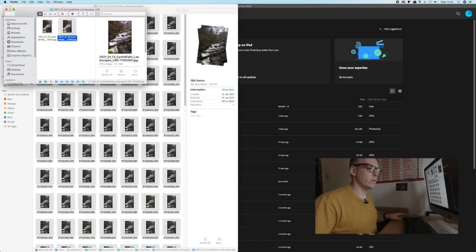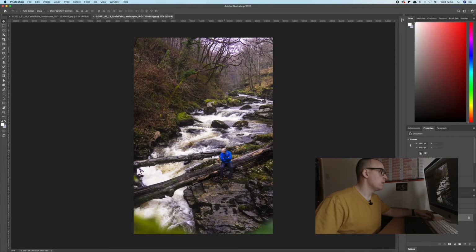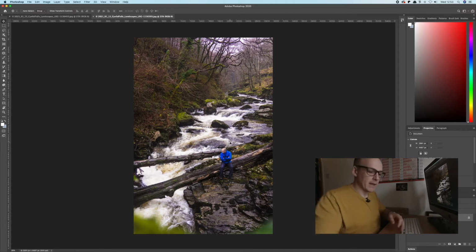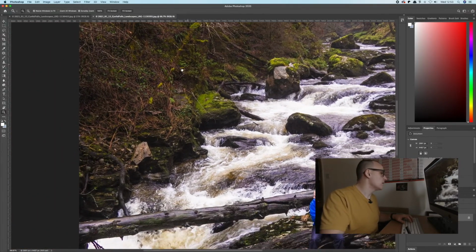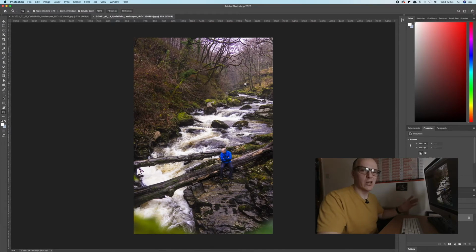Okay, so the next thing we need to do is open up our files into Photoshop. So I'll open them both at the same time. Just drag and drop. And yeah, so there's not really much that I do in Photoshop when it comes to the photos. I like to keep as much as I can in Lightroom, but what I do use Photoshop for is basically to get rid of any distractions or anything like that. So I'll have a look around, and then I might do some more adjustment brushes, maybe add a little bit of sun flare and stuff like that. So nothing really